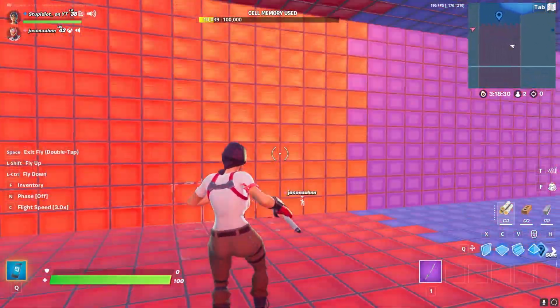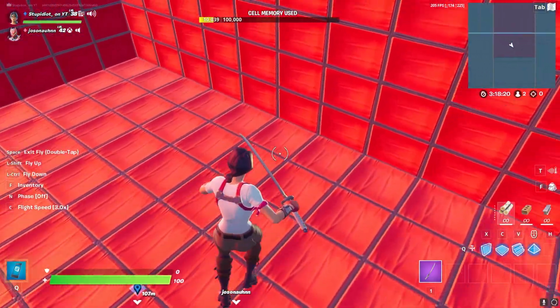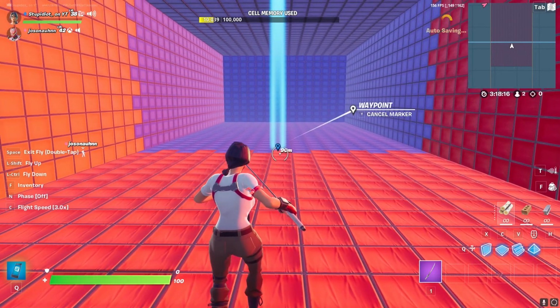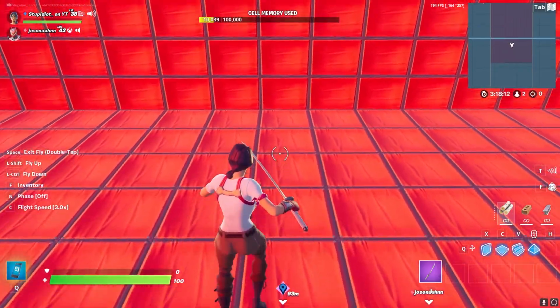Alright, and there we go. We have a fully enclosed red versus blue arena. But now we're going to start working on the team bases. So starting from the center, which is right here, I'm pretty sure, we are going to head to the edge